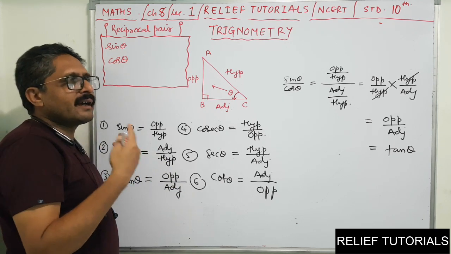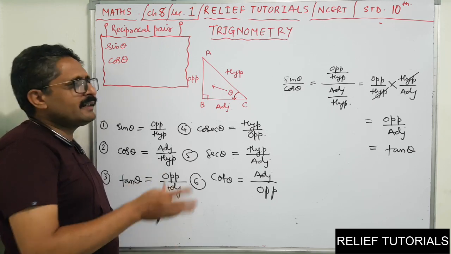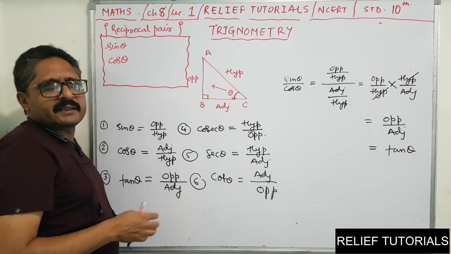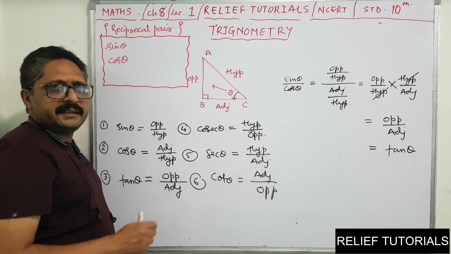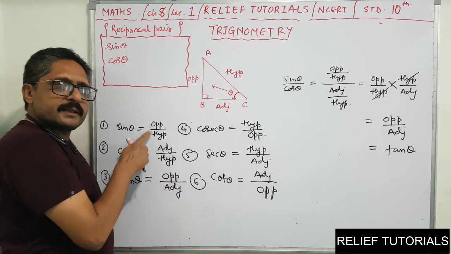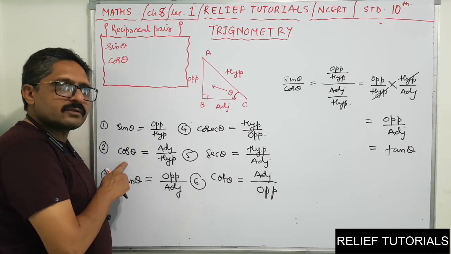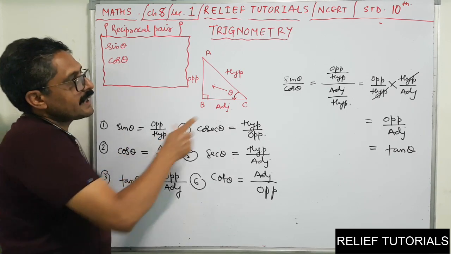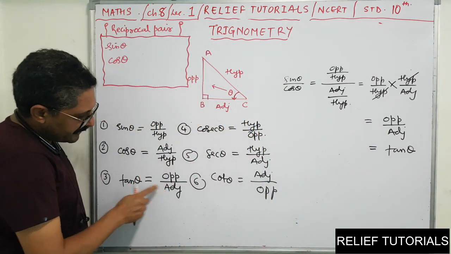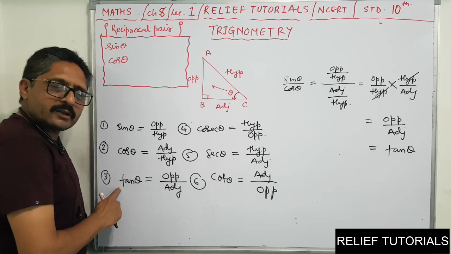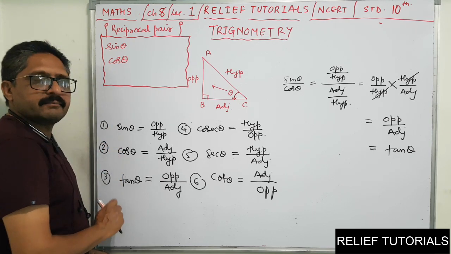Why? Because in higher standard, trigonometry is widely used. You will never remember the tricks also. Naturally, it should come like ABCD. Sin is opposite upon hypotenuse, cos is adjacent upon hypotenuse. If you take the ratio of sin and cos, what will you get? Opposite upon adjacent, and opposite upon adjacent is tan. So in short, ratio of sin and cos is tan.